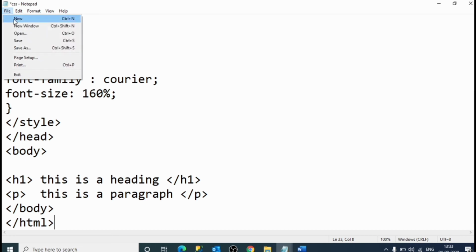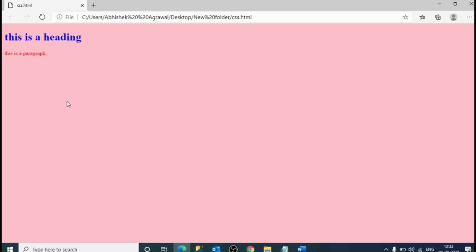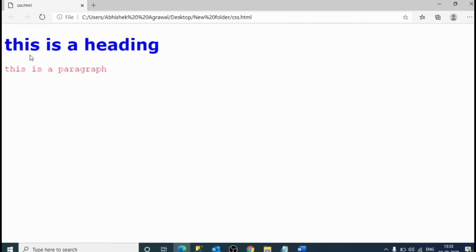Now I'll just save it and see. You will see the result. This is a heading, this is a paragraph. With the help of CSS, you can change its color, font and size.